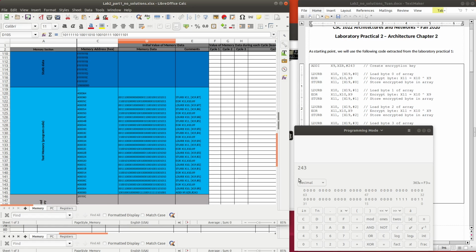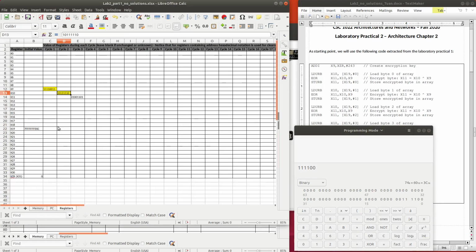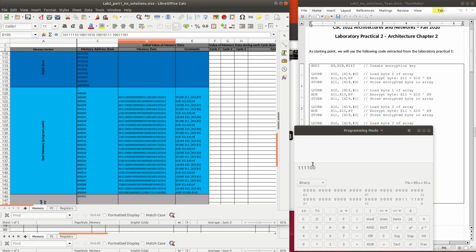We know that the value in x9, the key 243, is 11110011. So it is 1111 0011.